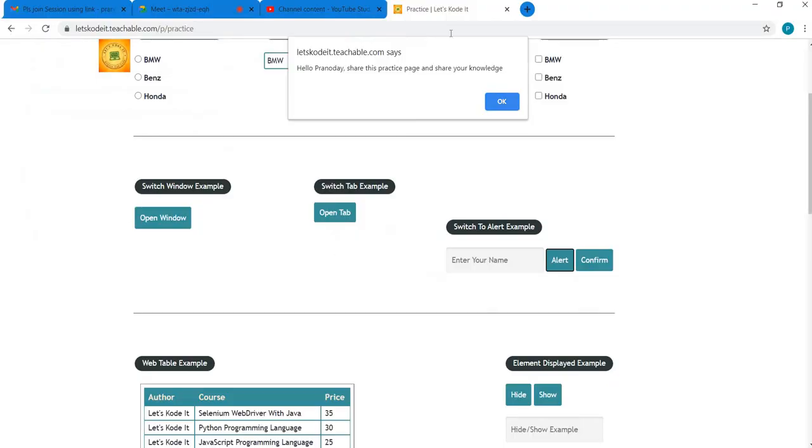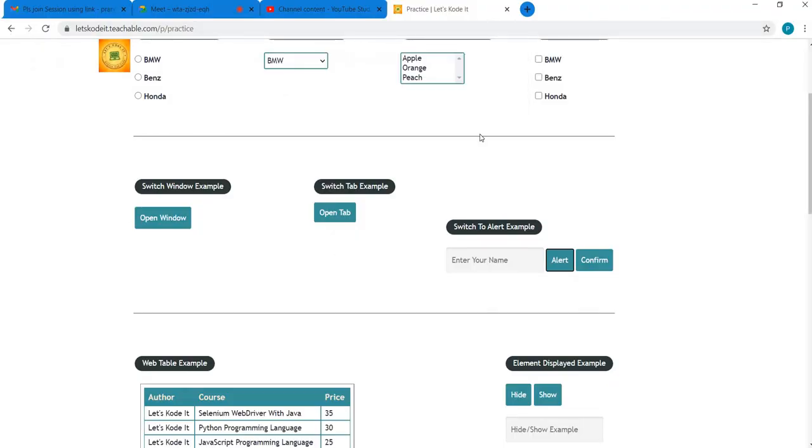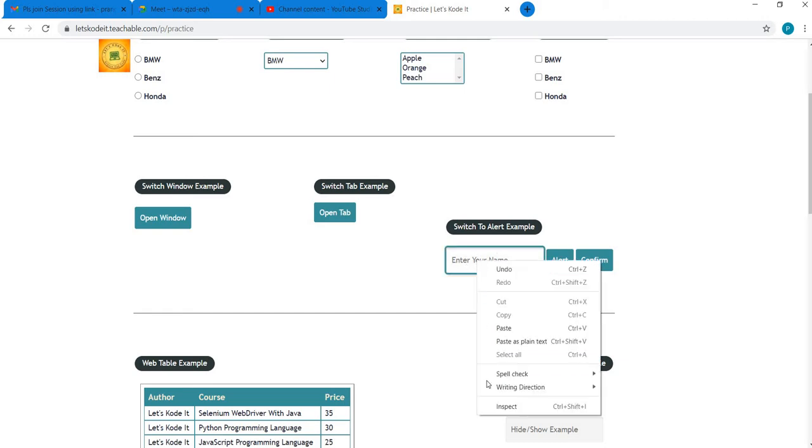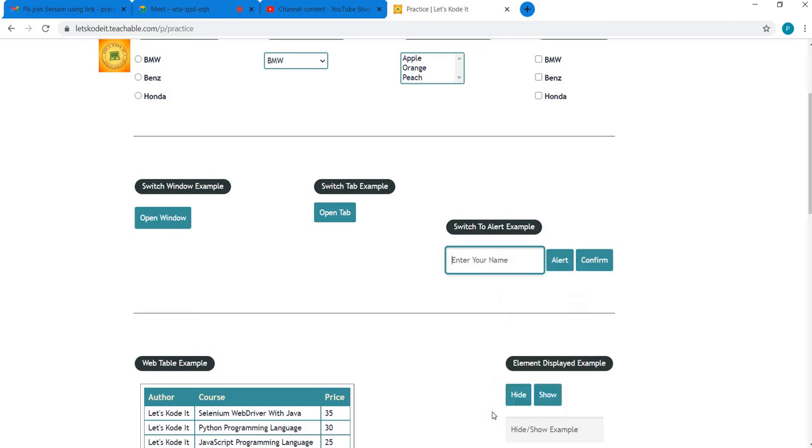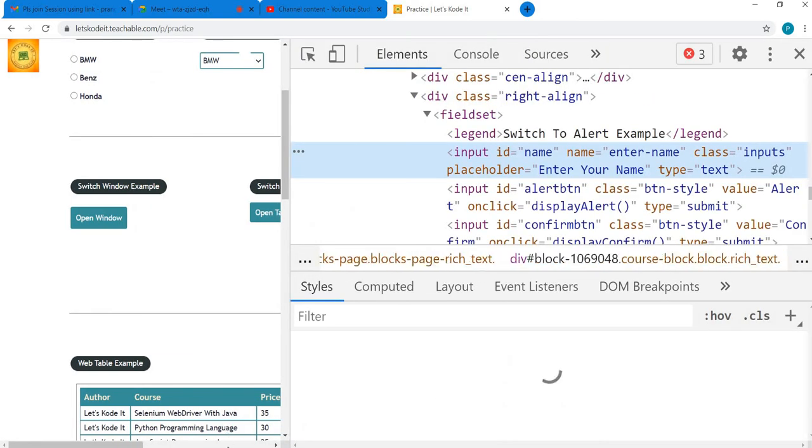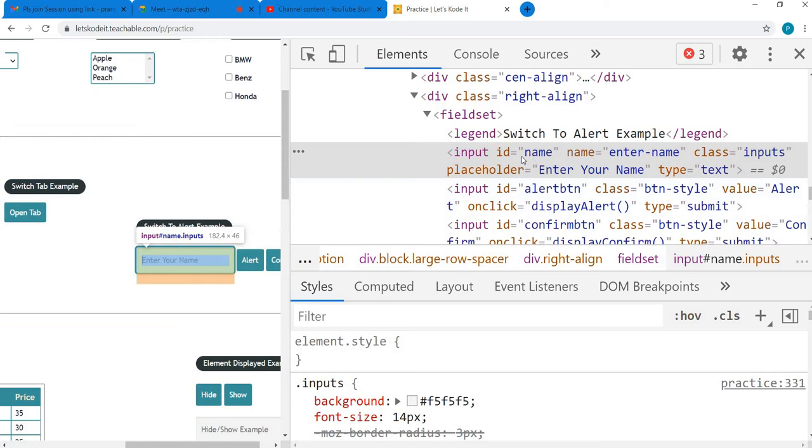Okay, now once our page is opened, next we are going to enter the name into this field. Let's inspect this element. The element has these attributes set: ID, name, class. So let's make use of the name attribute here.